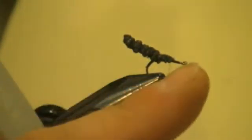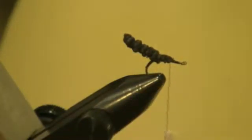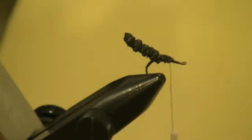So what I've done is I've taken that foam body and whipped it onto the top of the hook, which is a lightning strike emerger hook, scud emerger, size 16 hook. Very good hooks, particularly like them. They're retailed by Waspy and worth getting hold of. So that extended body will give a bit of flotation, and we want to take a little bit of black